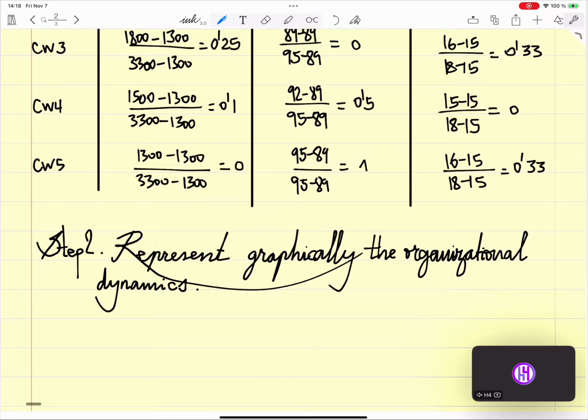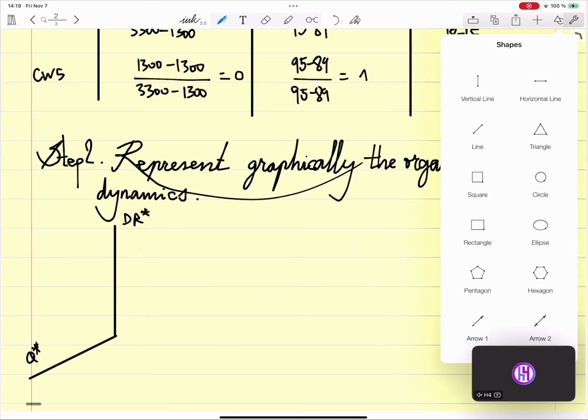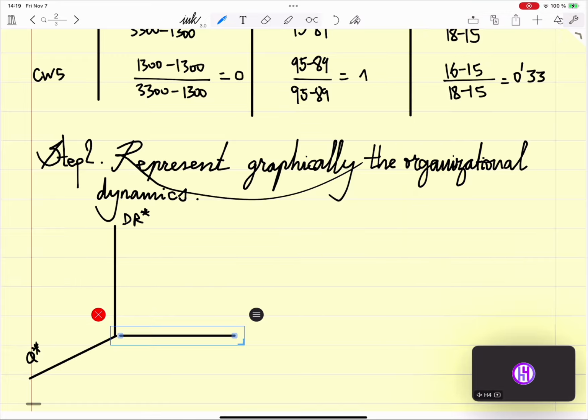In order to do so, what we do is follow a strategy. So now we have a system. We have created a system in which, let's say, our axes, quality star, delivery rate star, and cost star